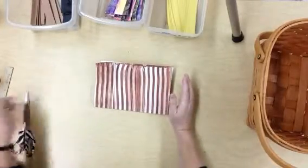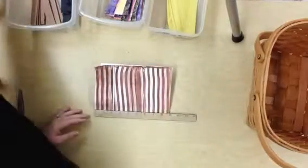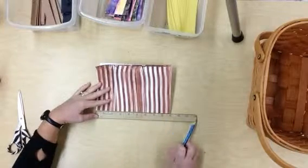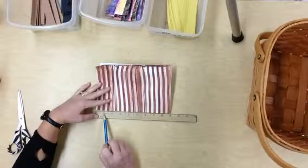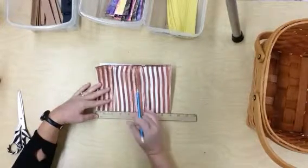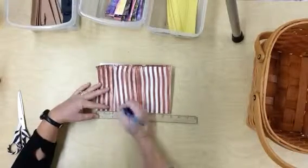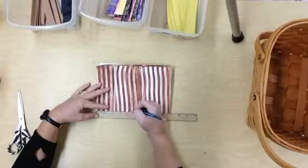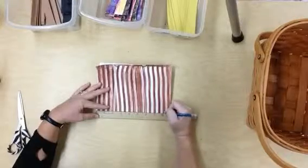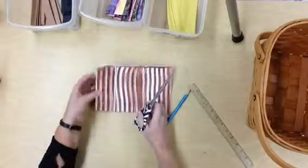Now, there's a couple of ways you can do that. One way is you could take a ruler and a pencil and you could mark off every inch. Now, on these small rulers I have, you might notice the long line with the number next to it is the inch mark. All right, so if you did that, you could mark, okay, here's one. I line it up at the edge. There's one, there's 2, 3, 4, 5, 6, 7, 8, and then 9. Keeping this folded, you are going to cut